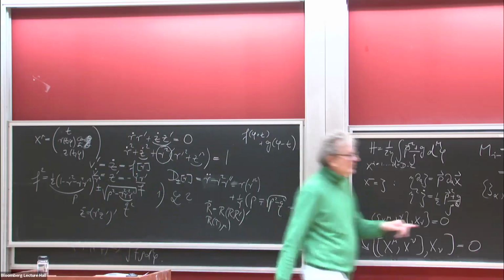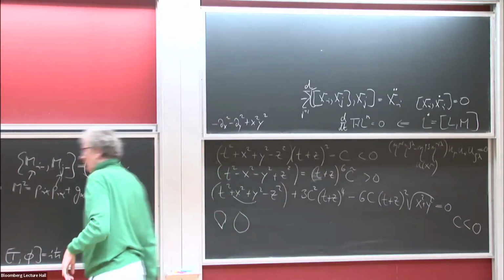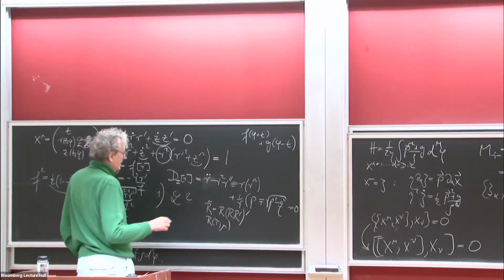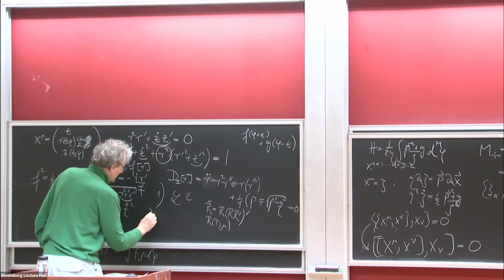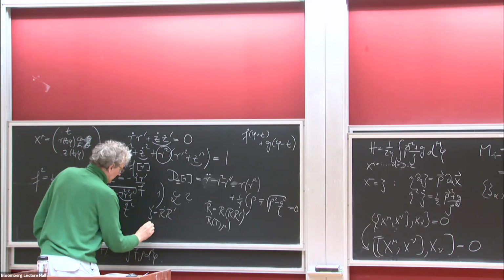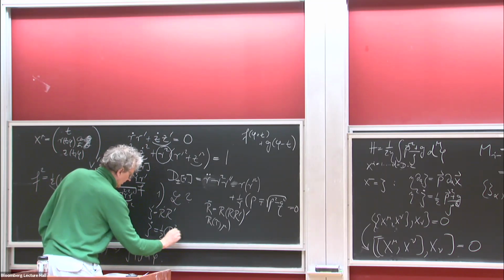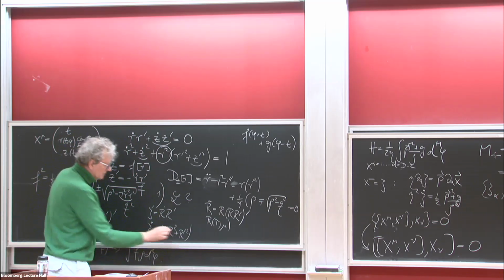The way I found this solution was by solving a corresponding solution of this. So, just like here we have R and Z, we have zeta. Zeta dot is R squared plus R prime squared. And again,